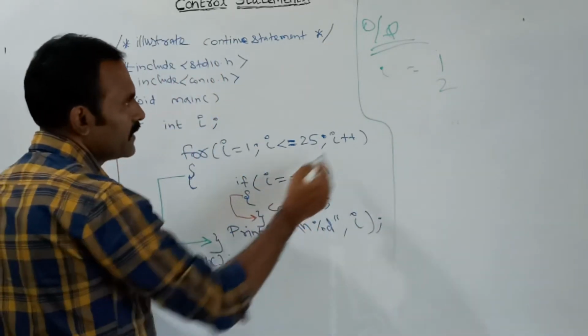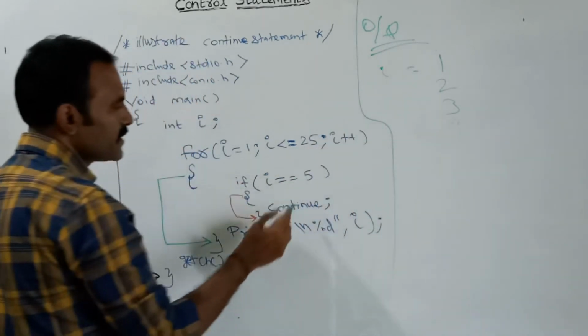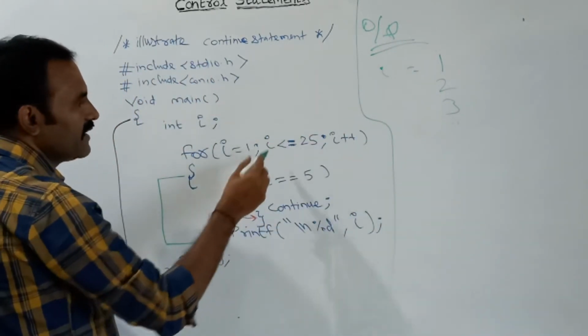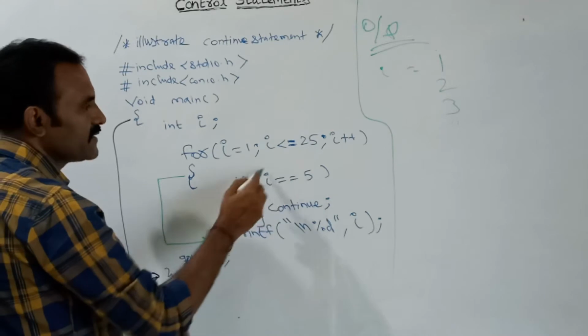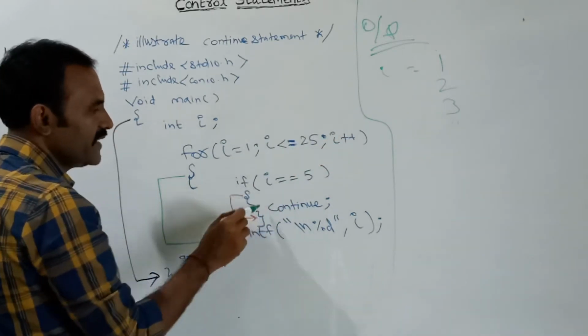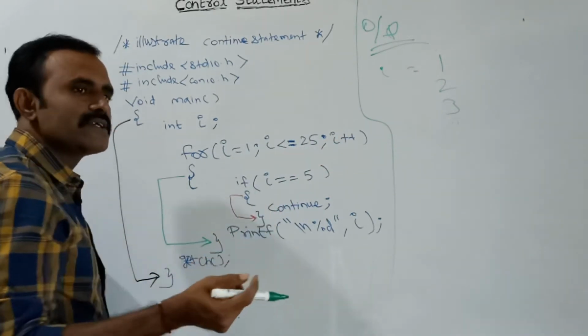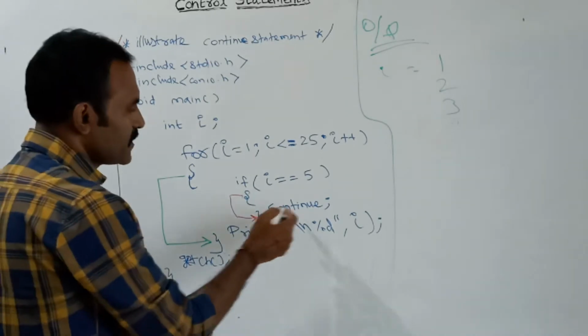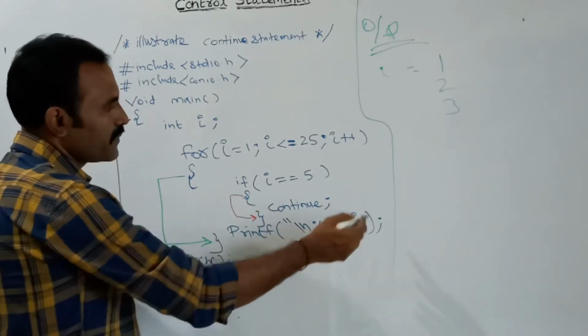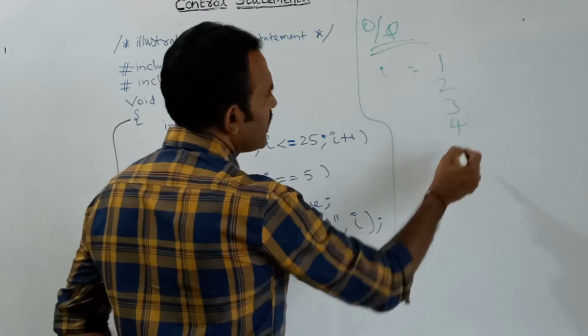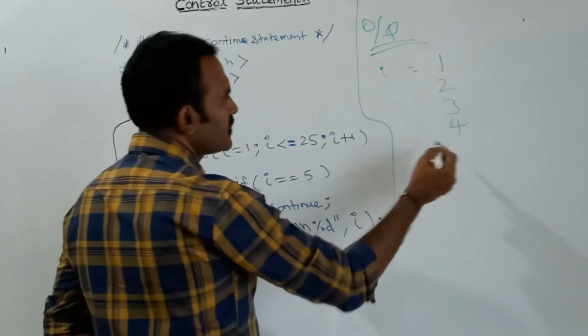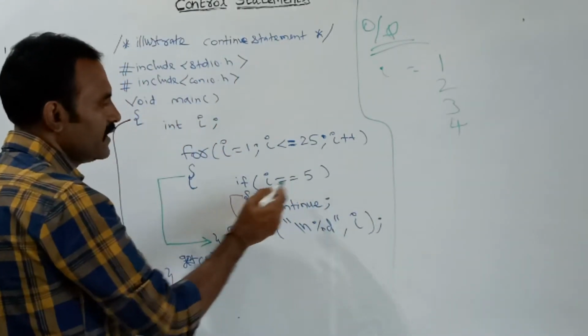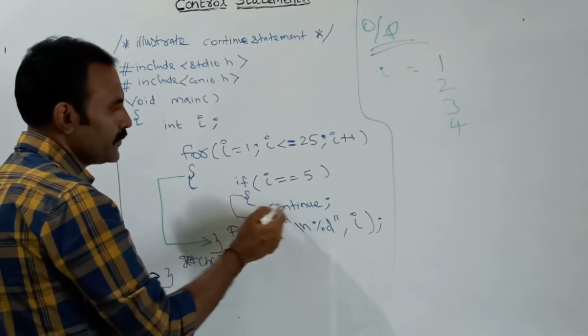Next, the value is incremented, I is equal to 3, and it prints. Each and every time the value will be incremented. Here in the if condition it will check whether the I value is 5. If it is 5, then the continue statement will be executed, otherwise it will come outside and print the I value. Each and every time it will print up to 4. Next, once the value is 5, here I am telling it to continue.